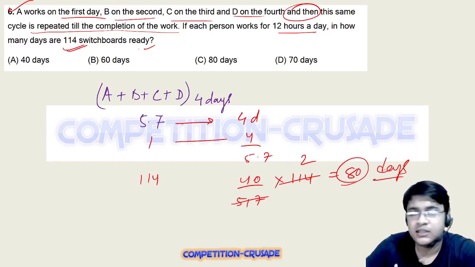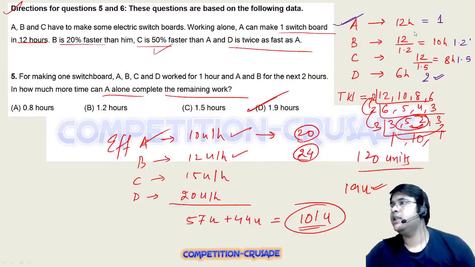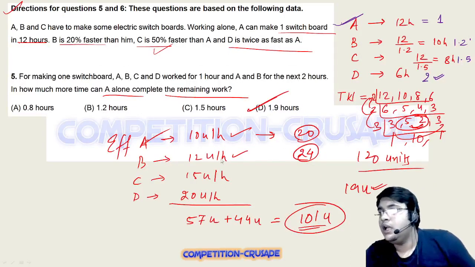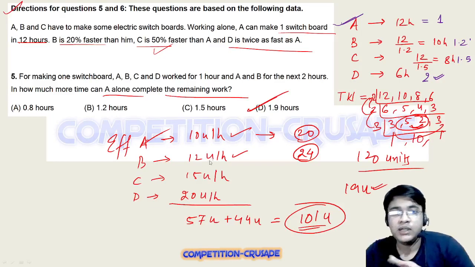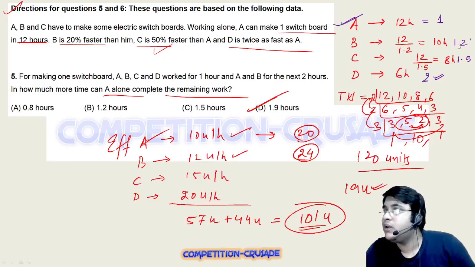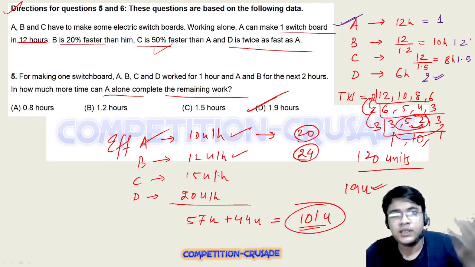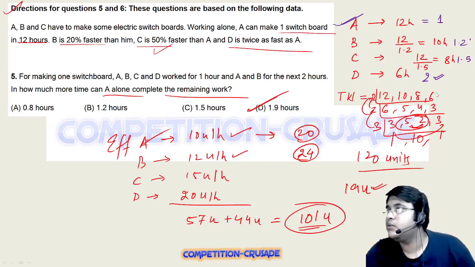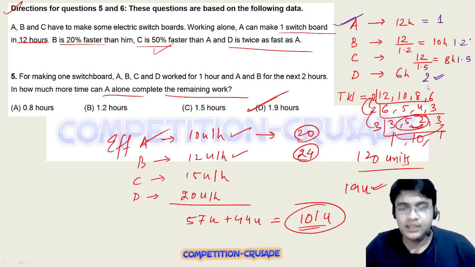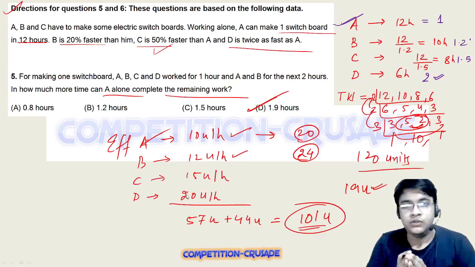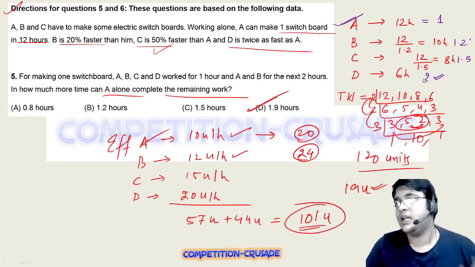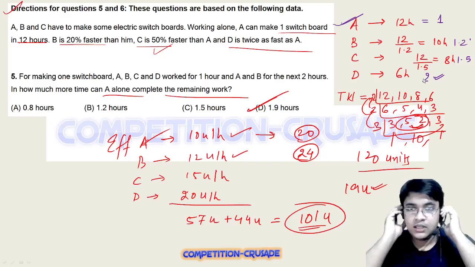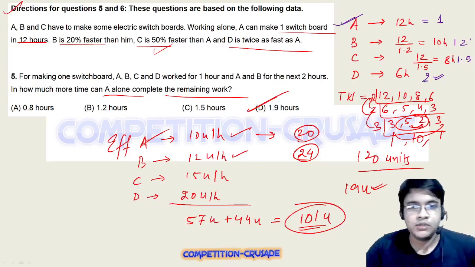Now the only thing that you had to understand in this question is that कि एक दिन में एक बंदा कितने स्विच बोर्ड बनाने के केपेबल है। अगर एक बंदा एक दिन 12 घंटे काम करता है 12 यूनिट पर आवर के एफिशिएंसी के साथ, तो वो कितना 1.2 ही बना देगा। I hope that makes sense. सिमिलरली अगर 15 यूनिट्स पर आवर के एफिशिएंसी से कोई 12 घंटे काम करेगा तो 1.5 वो बना देगा। ठीक है, और अगर 20 यूनिट्स पर आवर के स्पीड से वो करेगा और 12 घंटे बनाएगा तो 2 यूनिट वो बना सकता है। ठीक है, ये चीज इंपॉर्टेंट था समझने के लिए। I hope ये चीज आपको समझ में आ गया होगा।